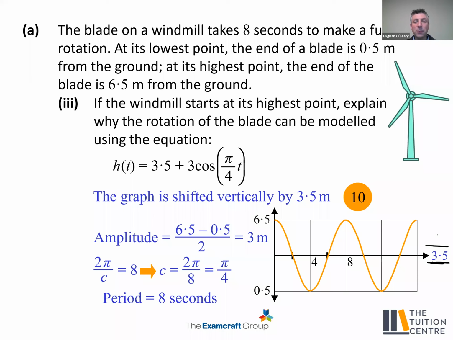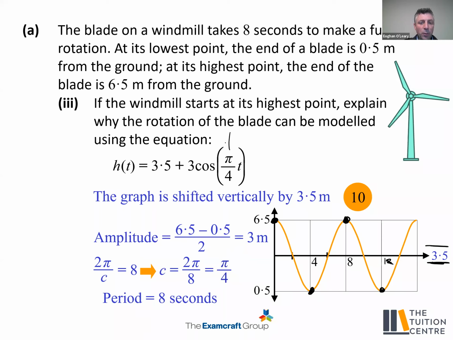In our case, we're told the period is equal to 8 seconds. So if we start off at 6.5, after 8 seconds, we're going to be back up at 6.5. Halfway between that, after 4 seconds, we're going to be at our minimum. And again, after another 4 seconds, after 12 seconds in total, we're going to be back down at our minimum. Okay, so using all that information,